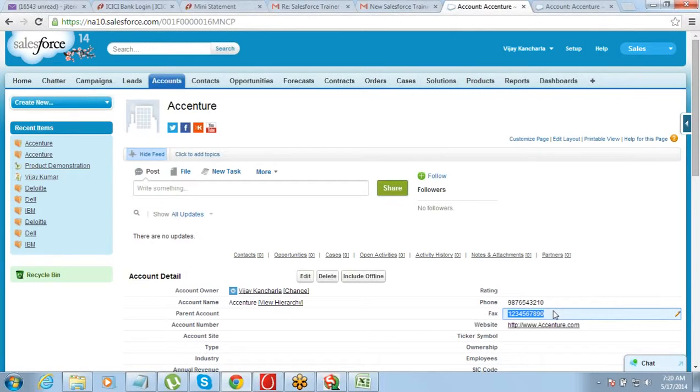Right, so this is just an example that I wanted to show, but you can update whatever data you want. Let's say you want to update the industries, technology, something else that you want to update, the city. So this is how your mass update will work.